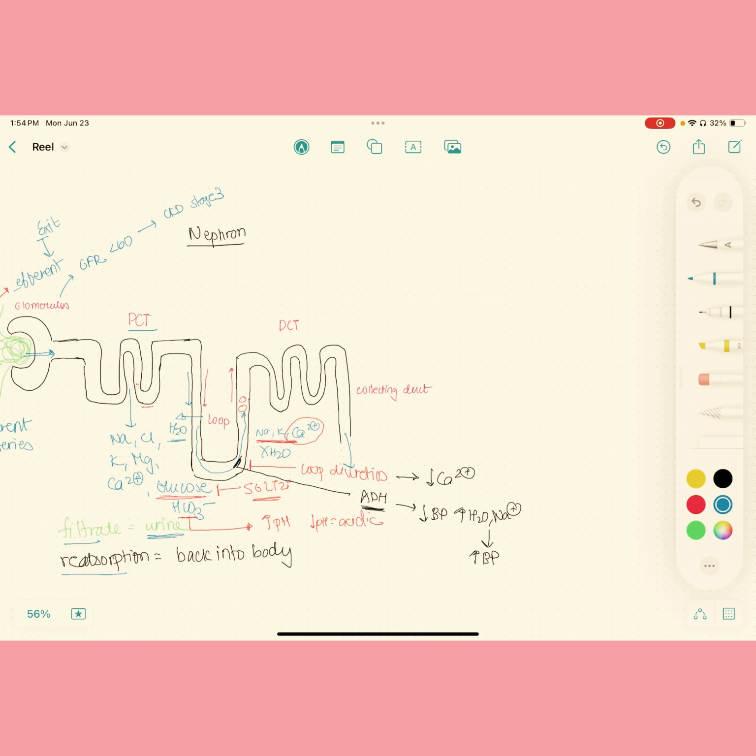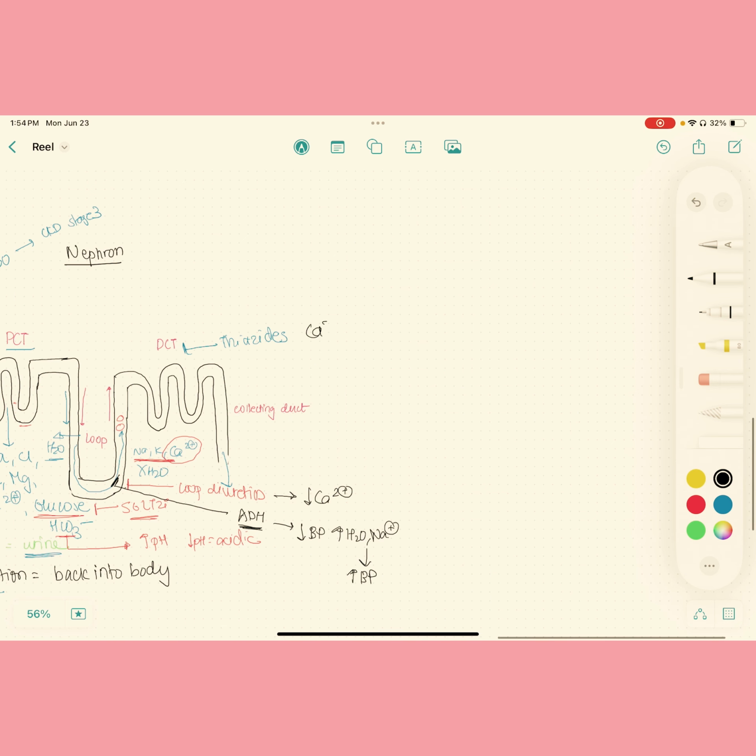Then as the filtrate moves through the distal convoluted tubule, here you'll have your thiazides working. So the thiazides will also block the reabsorption of the ions. The cool thing about thiazides is that they don't really block the calcium reabsorption because they work in the distal convoluted tubule. So for patients where you're concerned about calcium depletion, you can give them thiazide. So this is a good thing compared to the loop diuretics. And then when you move down to the